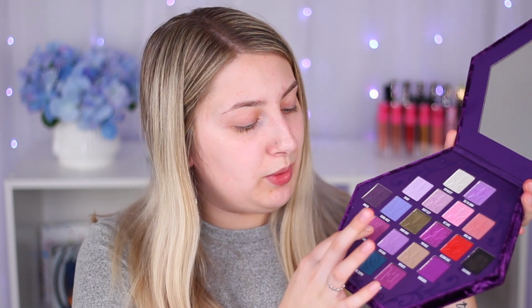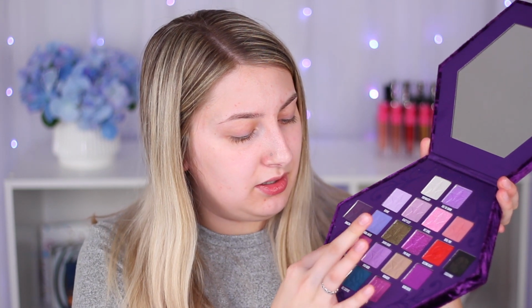Next we have Bleeding Heart. Oh my god. Super freaking pigmented, first off. And then Executioner. You can see the greenish purple sparkle in it. That is super unique. That's such a bad swatch, but okay, so now the next row we have High King,